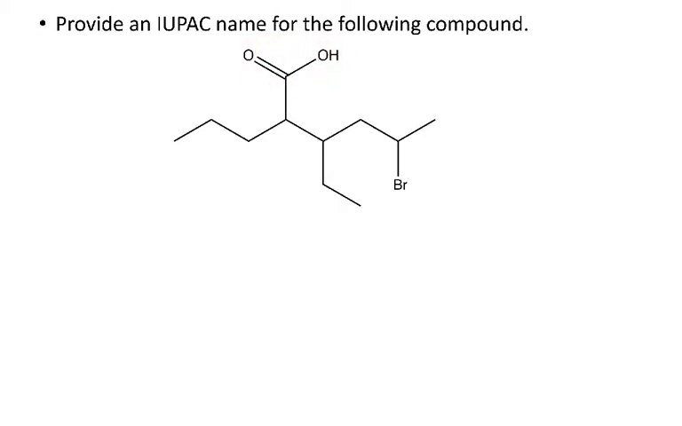We need to remember that when we're assigning the longest chain, it has to include the highest priority group. So even though I could get 1, 2, 3, 4, 5, 6, 7, 8, that wouldn't include the carboxylic acid. So the best I can do is 1, 2, 3, 4, 5, 6. Of course, I should start numbering it from the end of the carboxylic acid. And so I have 5-bromo. I have a 3-ethyl. And I have a 2-propyl. So putting these in alphabetical order, my name would be